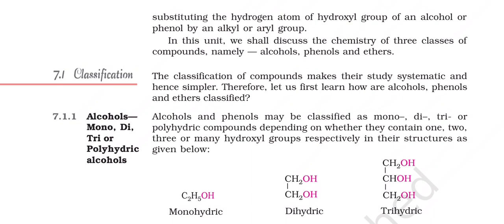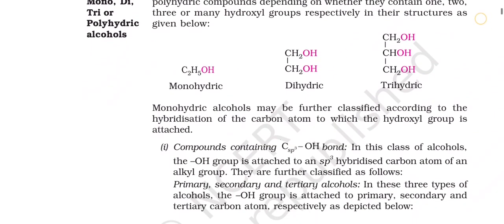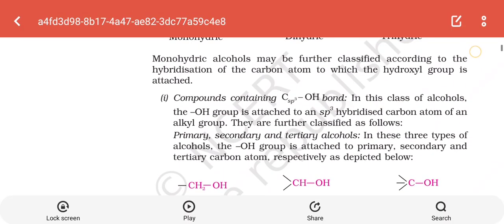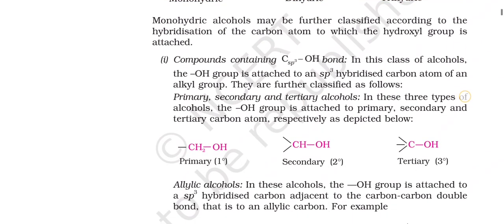Alcohol: mono, di, tri and polyhydric alcohols. Alcohols and phenols may be classified as mono, di, tri or polyhydric compounds depending on whether they contain 1, 2, 3 or many hydroxyl groups respectively in their structure as given below. Monohydric alcohols may be further classified according to the hybridization of the carbon atom to which the hydroxyl group is attached. Compounds containing